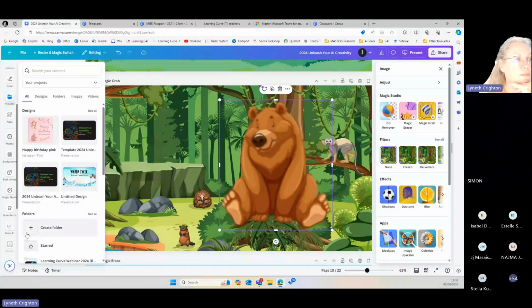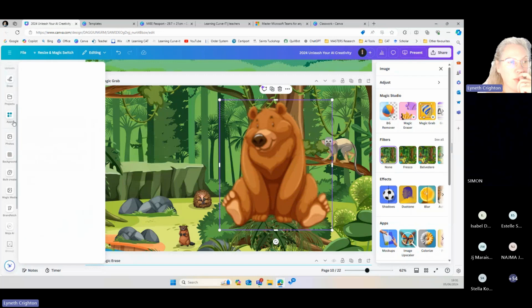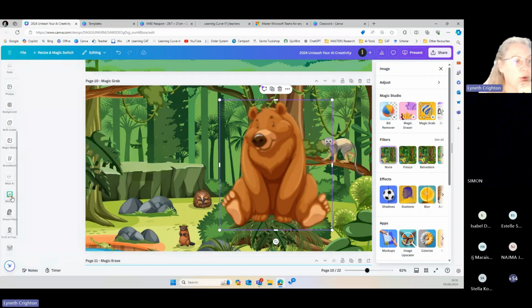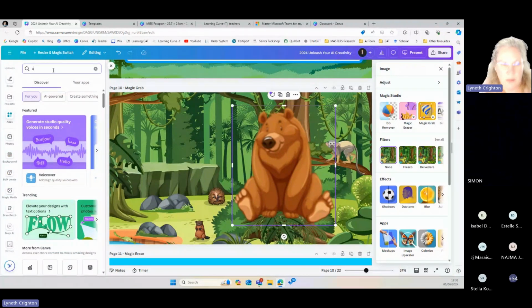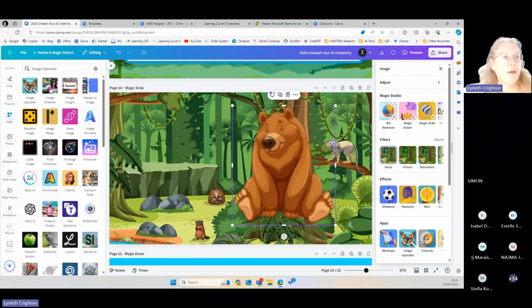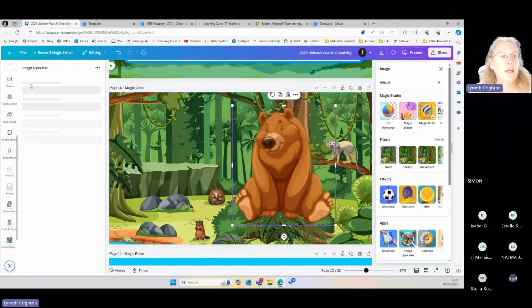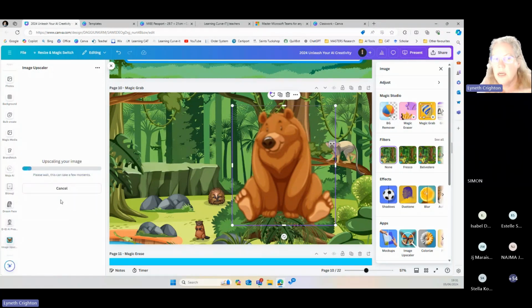If you could see him, you would see that he's quite pixelated. So if you go to apps, which is one of these options on the left, and you choose image scaler, I can rescale the image, depending on what the original came from, up to 8 times.